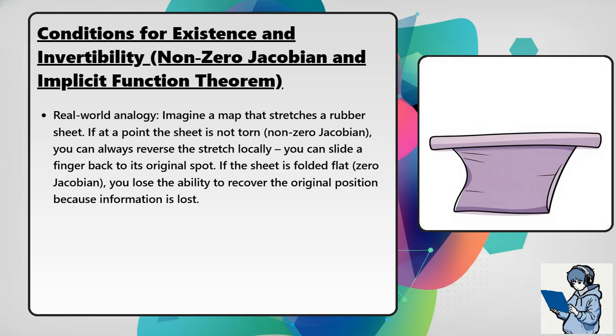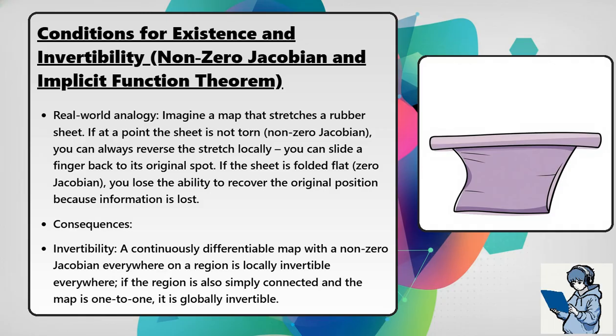Real-world analogy. Imagine a map that stretches a rubber sheet. If at a point the sheet is not torn, non-zero Jacobian, you can always reverse the stretch locally. You can slide a finger back to its original spot. If the sheet is folded flat, 0 Jacobian, you lose the ability to recover the original position because information is